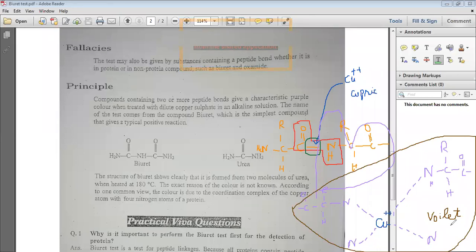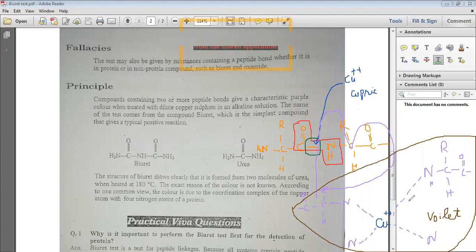When we add the biuret reagent, actually we add the copper sulfate in the biuret reagent. That copper sulfate would provide the cupric ion, and that cupric ion is sensitive to peptide bonds and would break the peptide bond. And when the peptide bond is broken, that nitrogen would interact with the cupric ion and develop a complex like this. This complex is colored, it would be violet in color. So every compound which has a peptide bond can react with the biuret reagent and produce the violet color.